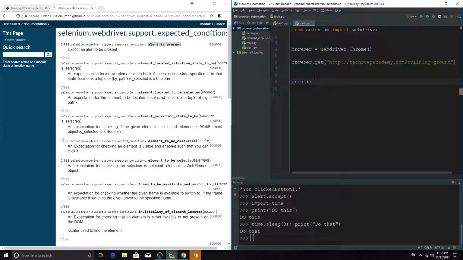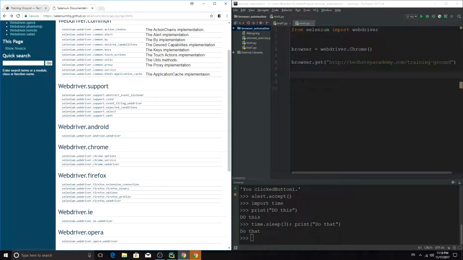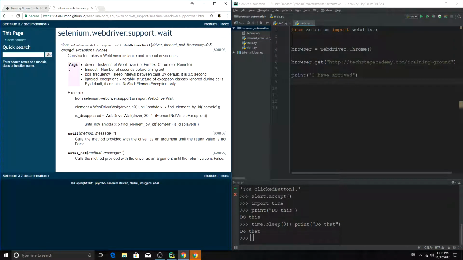So here are 2 different ways of tackling this problem. Whoops, let's not delete everything there. So let's go ahead and set up a wait. Well, we'll perform an action first. So our automation is going to take us to the training ground, right? And once it's there, we are going to print something, say, I have arrived. And then we are going to perform a wait for an alert to pop up, right? So what does that look like? Well, let's go ahead and